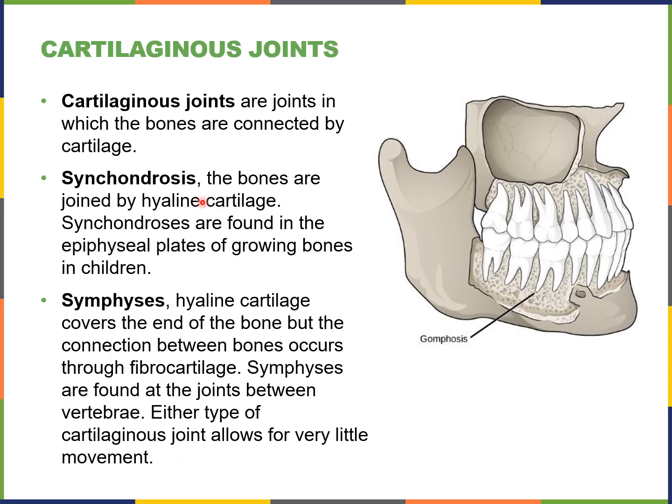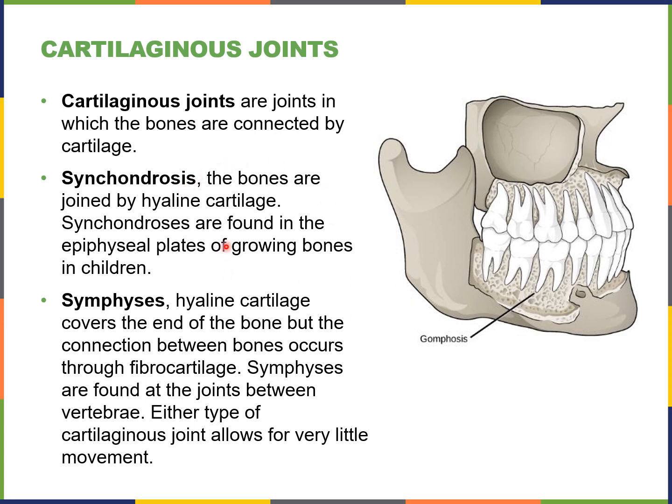Up next, we have cartilaginous joints. So these are joints in which the bones are connected by cartilage. We have synchondrosis and symphyses. Synchondrosis, the bones are joined by hyaline cartilage. So these are found in epiphyseal plates of growing bones in children, whereas the symphyses, these have hyaline cartilage covering the end of the bone, but the connection between the bones occurs through the fibrocartilage. So symphyses are found at the joints between vertebrae, and